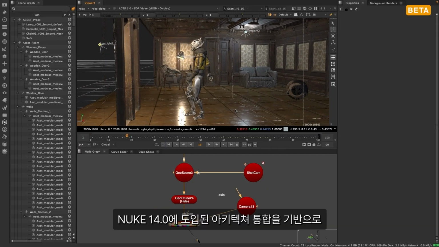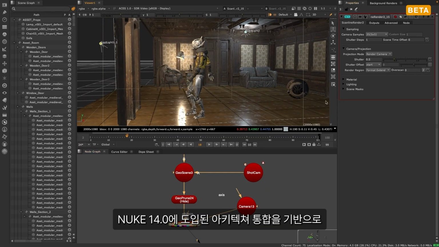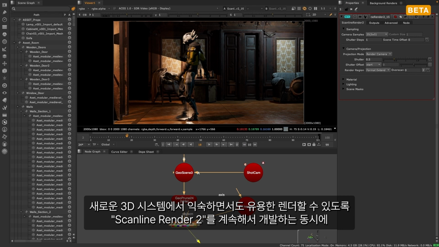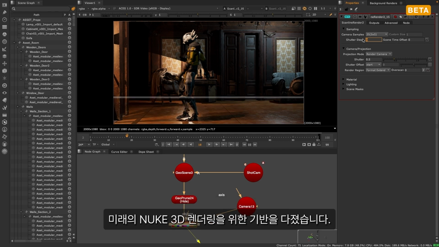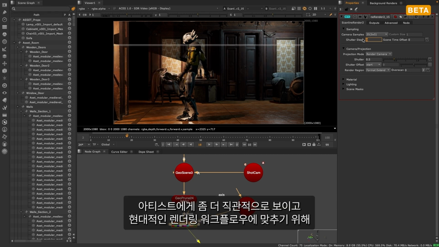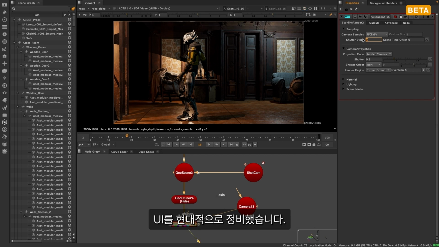Building on the architectural implementation introduced in Nuke 14.0, we have continued to develop Scanline Render 2 in order to provide a familiar utility render experience for the new 3D system, while introducing additional benefits and, most importantly, lay the groundwork for the future of 3D rendering in Nuke. The UI has been overhauled and streamlined to be more intuitive for artists and to bring it in line with